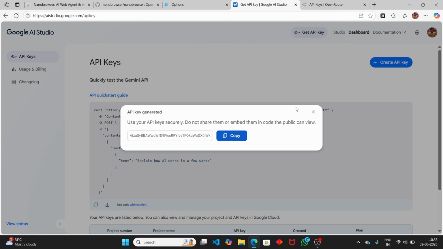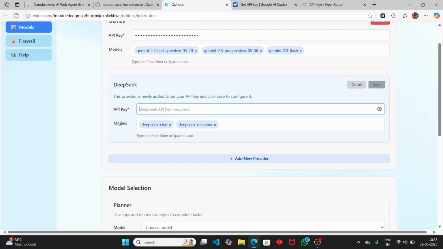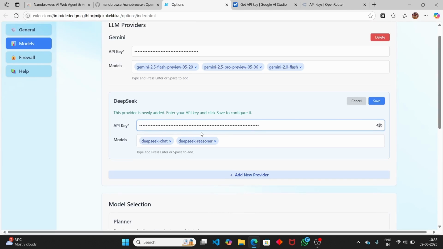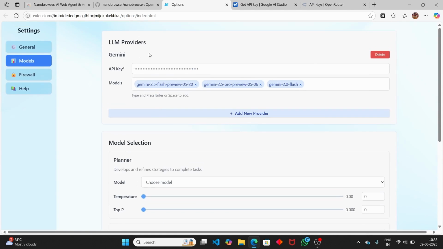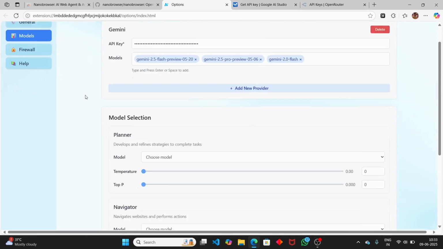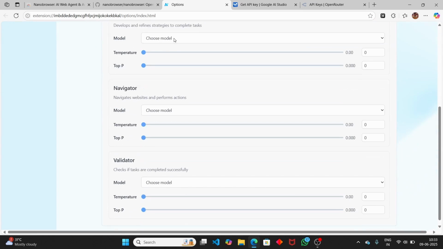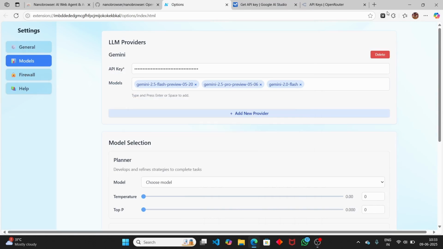If you want to use DeepSeek, just select DeepSeek and provide the API key. But I'm not going to do this because in this video I'm going to stick with Gemini Pro. If you want to use DeepSeek, just follow the steps that I mentioned. After that, you have to select the model for planner, navigator, and validator. For the planner, we're going to choose the model called